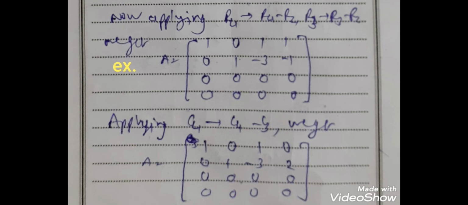Now see second column which contains 1 at the second position, and fourth column which contains 2 at the second position. So if we multiply second column by -2 and add in the fourth column, then all the entries of fourth column will be 0. Similarly, second column has the second element 1 and third column has the second element -3. So if we multiply second column by 3 and add into third column, then all the entries of third column will be 0. So we can convert this matrix in that form: 1 0 0 0 in the first row, 0 1 0 0 in the second row. Third and fourth row have the same entries, and all these entries are 0.